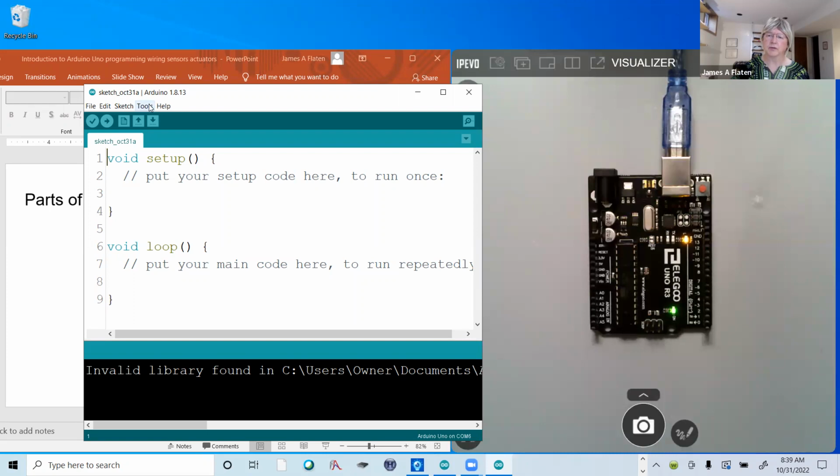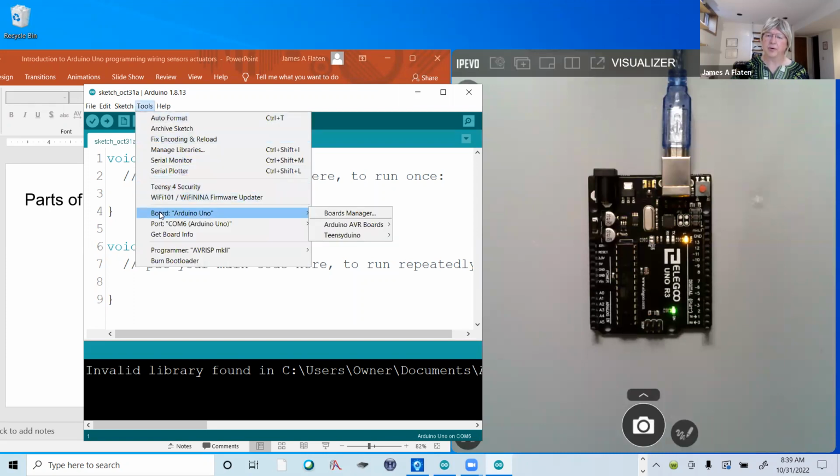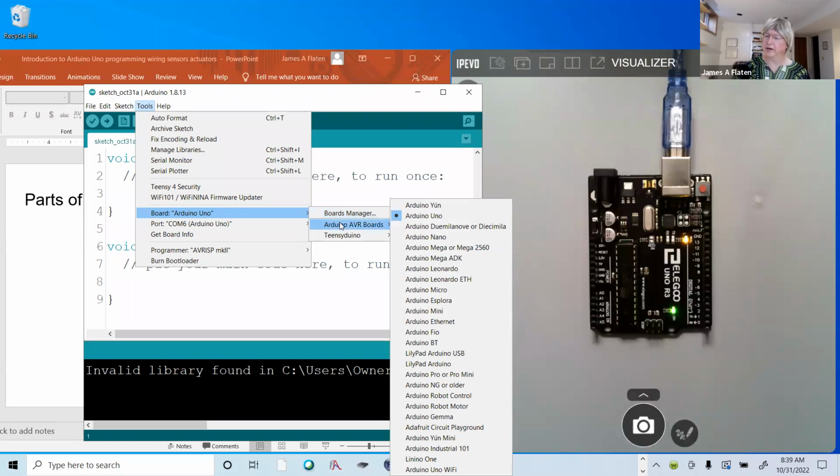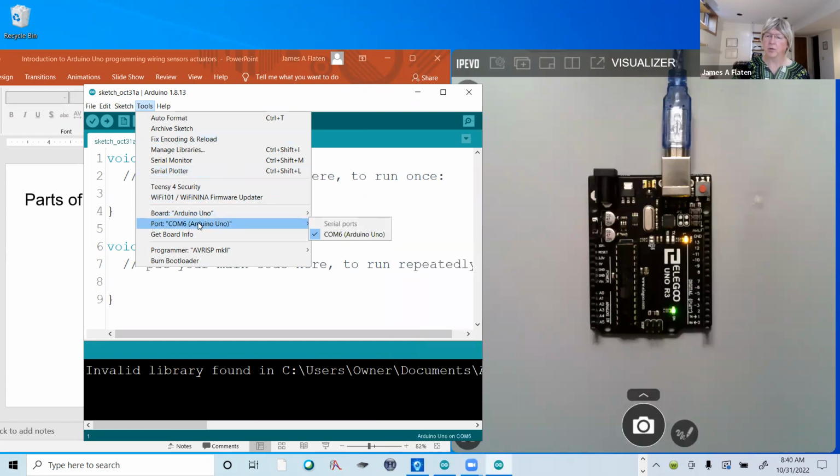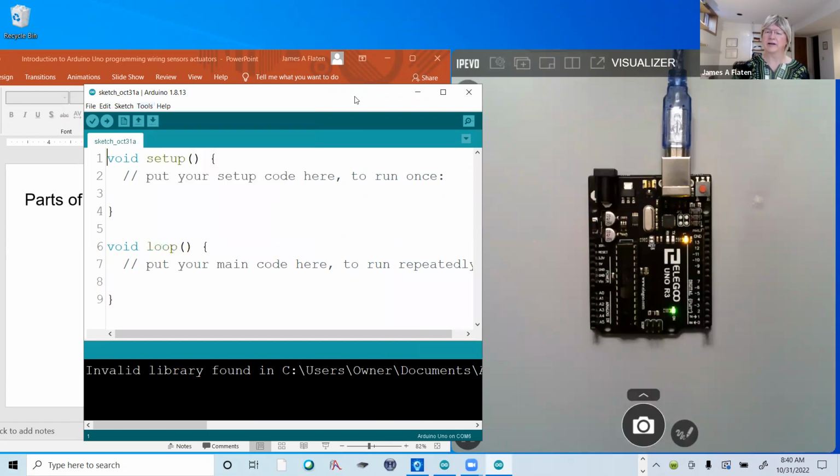If I click on Tools, I can tell it what board I want. There are a lot of Arduino and other kinds of boards available, and I'm using Arduino Uno, so that's good, it knows that. And then I also have to tell it what port, and it's pretty good at guessing, so right now it says COM6 Arduino Uno. Is that who you're talking to? And the answer is yes. So you have to check the board and the port every time, but once you know who you're talking to and what port you're going to be talking out of, then it's willing to do things